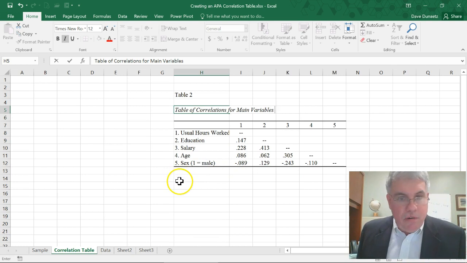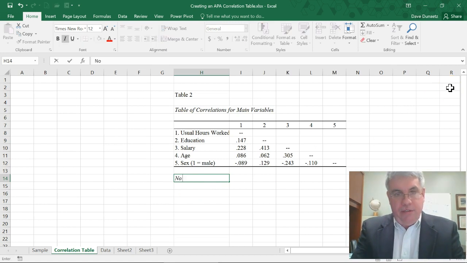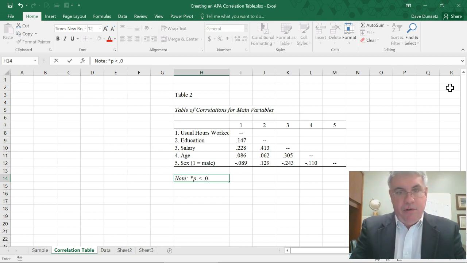And then down below, skipping a line, we are going to put in Control I, because the word note is in italics. Turn the italics off. And now we're going to do star, then Control I P, Control I to turn it off, space, less than, space, 0.05 is going to be 1 star, comma, space, and 2 stars is going to be, we'll do P less than